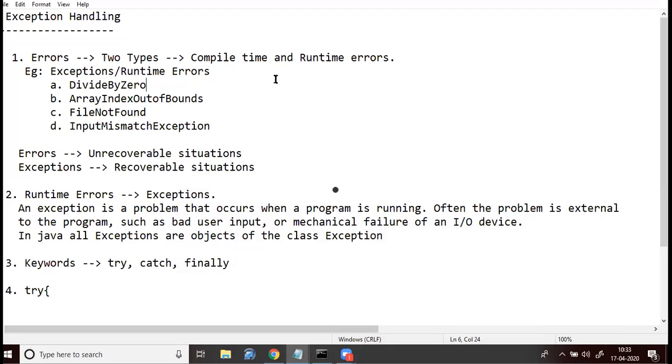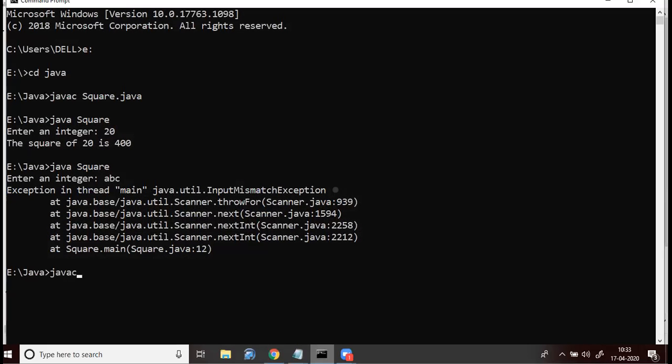But it is not that errors will occur only at compile time. At some situations, errors may also occur at runtime. These runtime errors are called exceptions, the errors that occur at runtime, that is when you execute the program. Say you are compiling javac xyz.java. Let us assume the program successfully compiled.